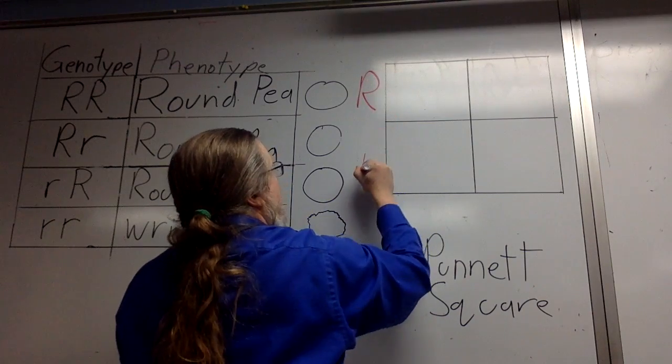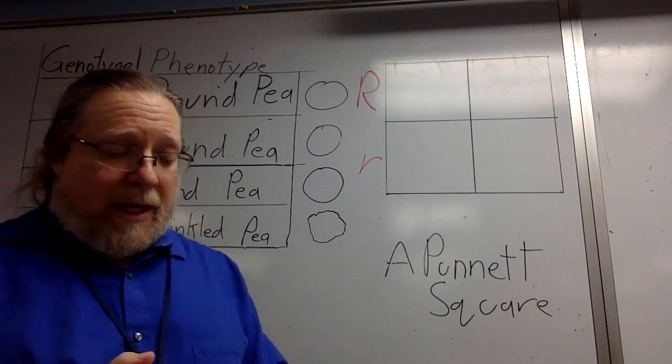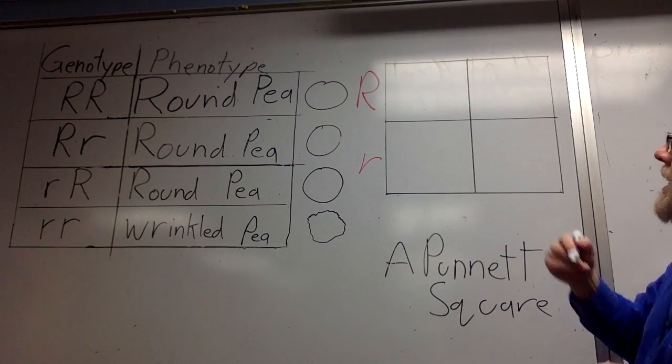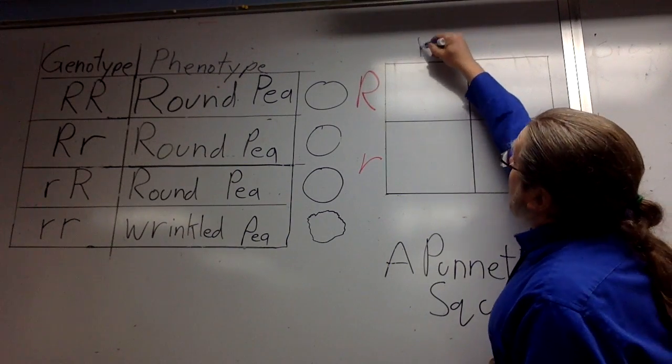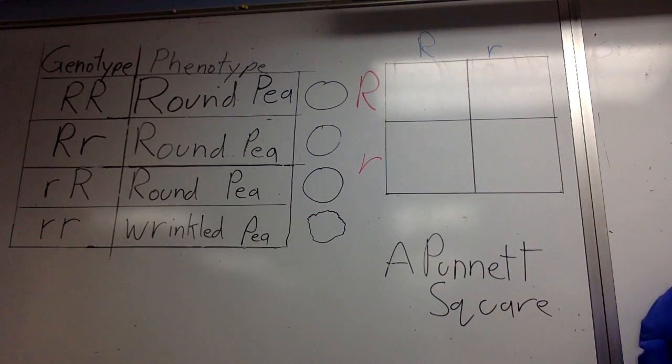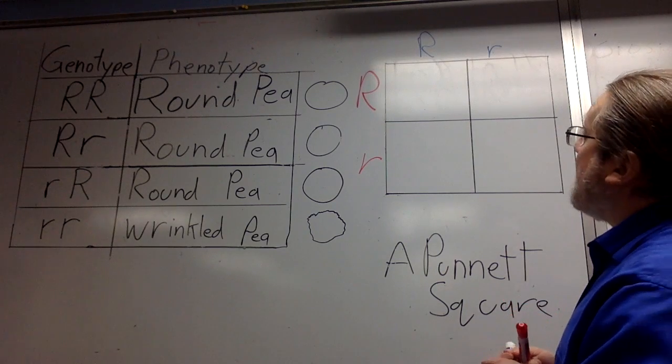A dominant gene and a recessive gene coming, let's say, from the female egg, and one dominant and one recessive gene coming from the pollen. And if we take a look at what our probabilities are here,